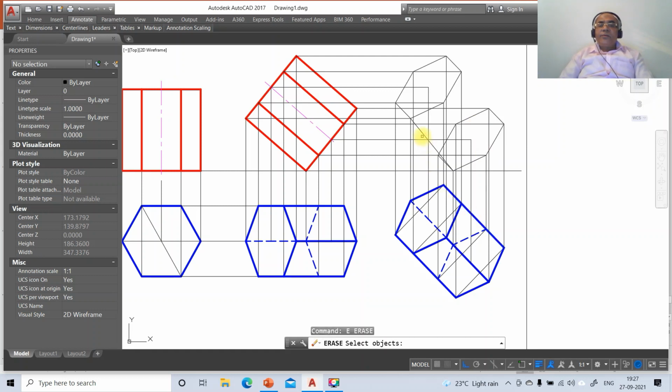Here you take erase, so erase option for this, then go to line, take intersection of this and take intersection part of these two, then go to line, take intersection of this and take intersection of these two, then go to line, take intersection of this and take intersection of this, and again go to line, take intersection of this and take intersection of this. Now you just click on this,